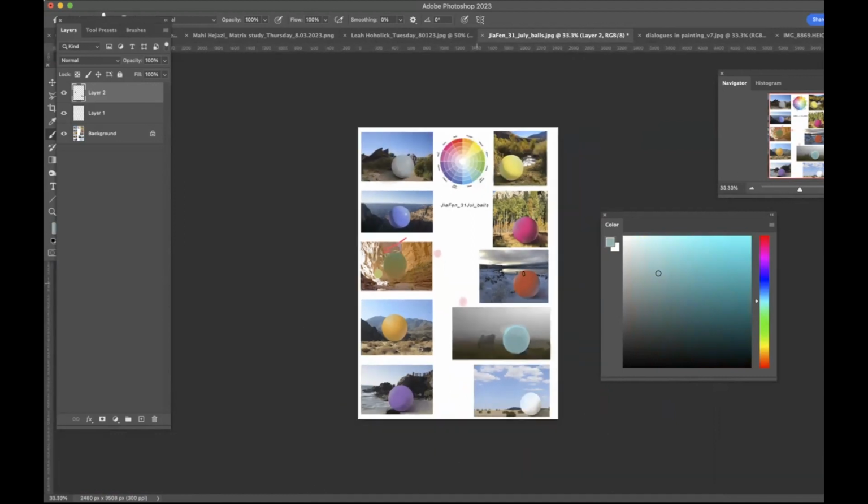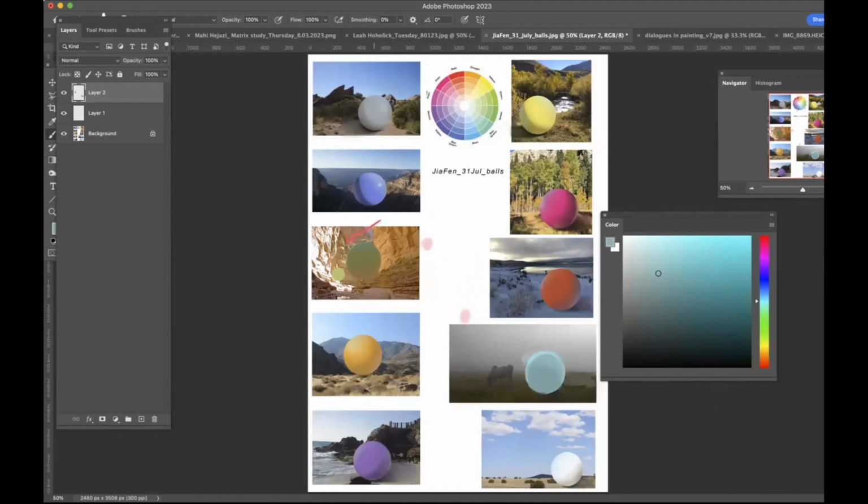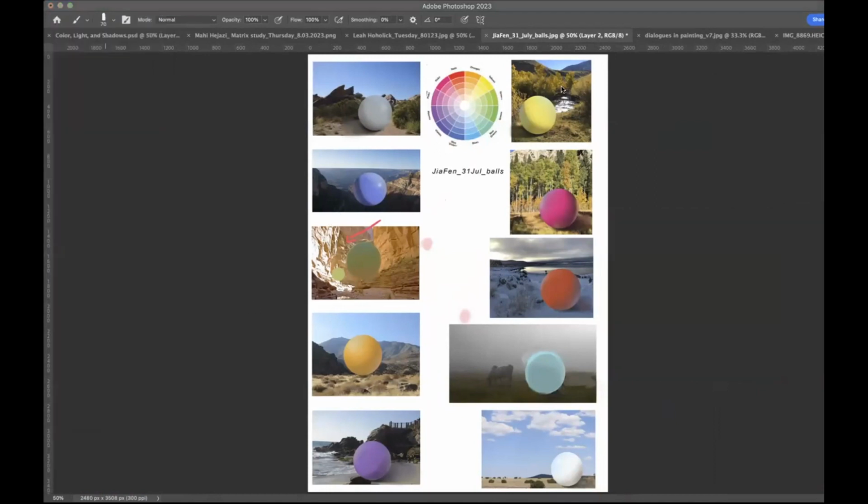Okay, so all these spheres here, I'm sorry to say they're lit wrong. Okay, so it's about being able to understand the cues. I'll show one that was lit quite well. So I'll show an example